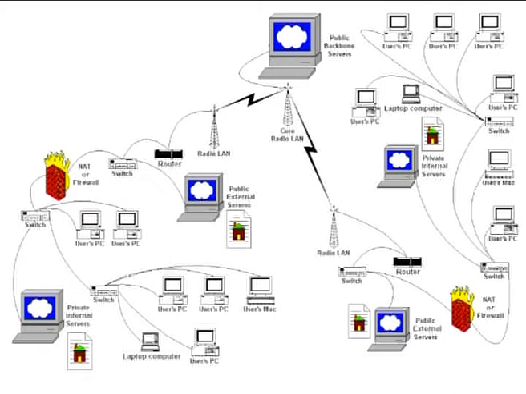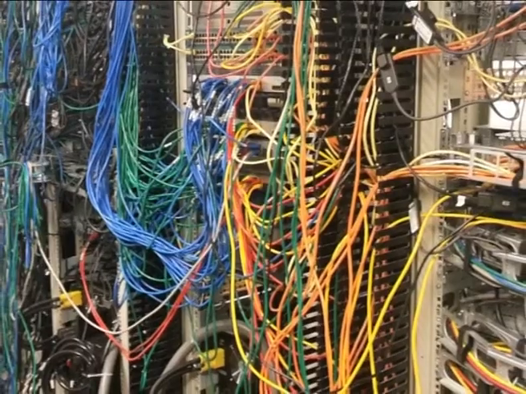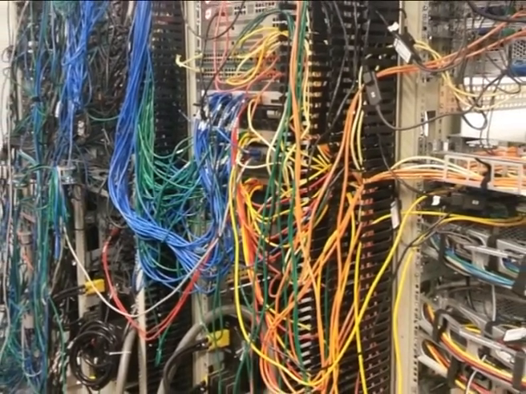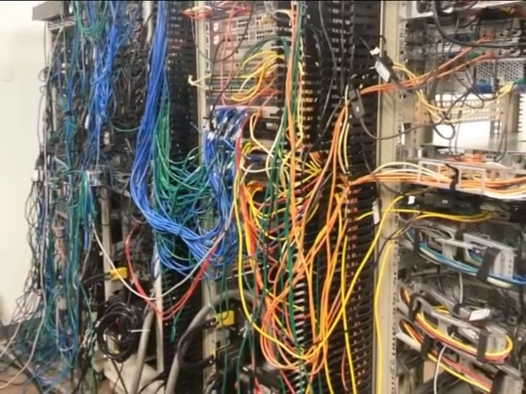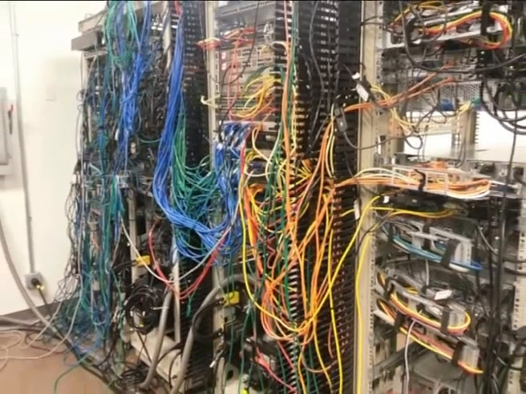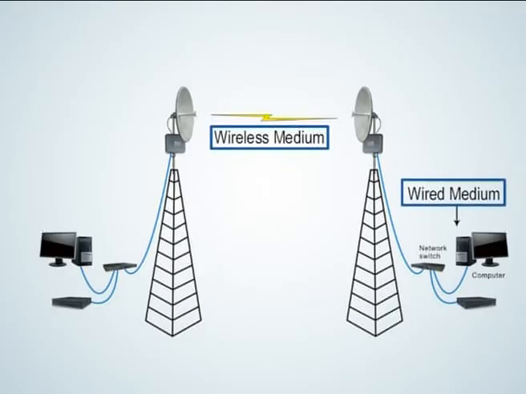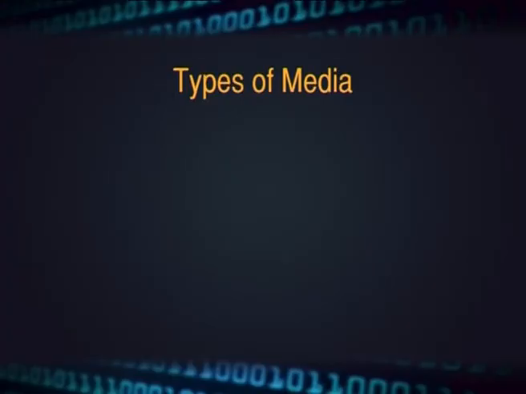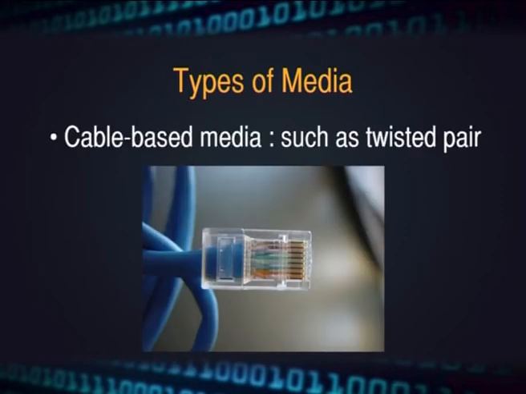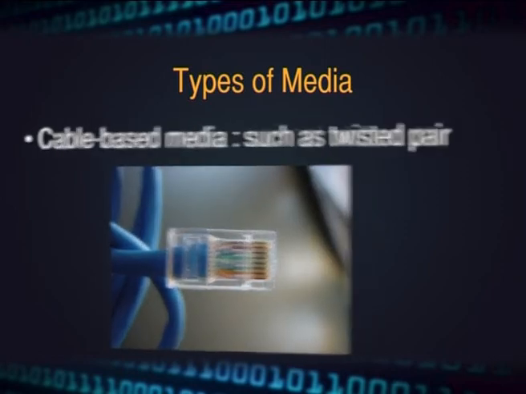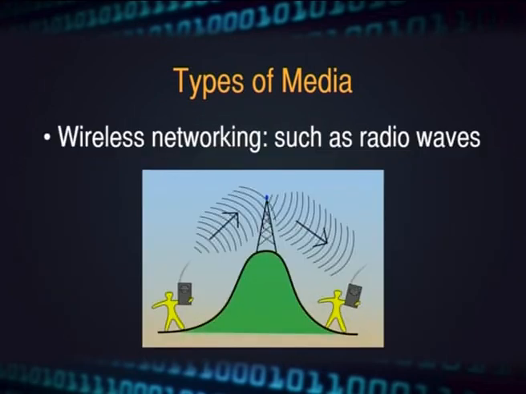When it comes to working with an existing network or implementing a new one, we need to be able to identify the characteristics of network media and their associated cabling. Whatever type of network is used, one or the other network medium is needed to carry signals between computers. Two types of media are used in networks: cable-based media such as twisted pair, or wireless networking such as radio